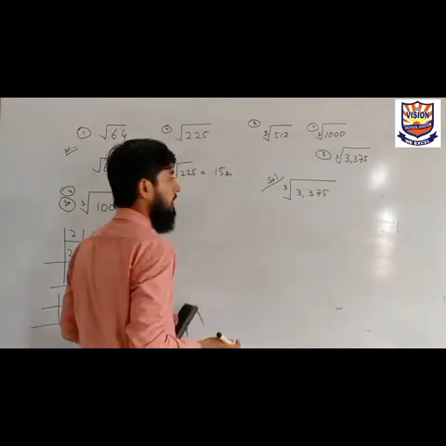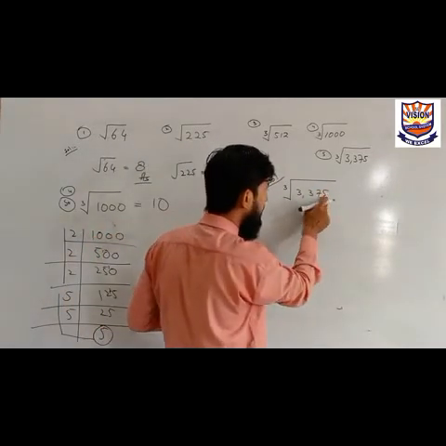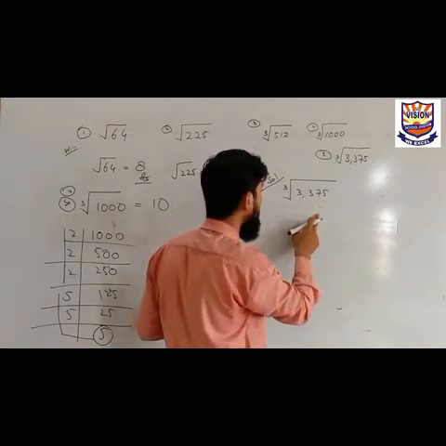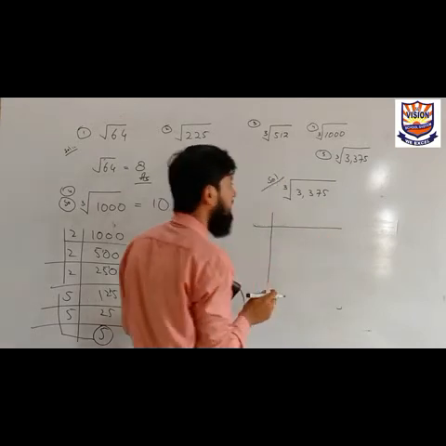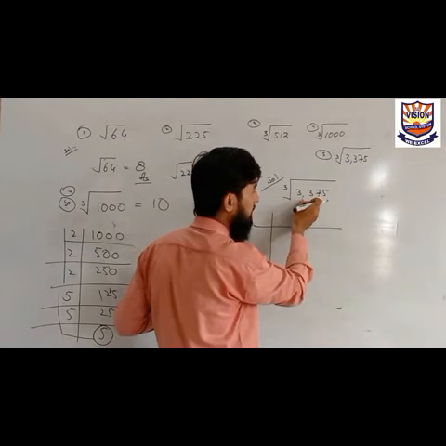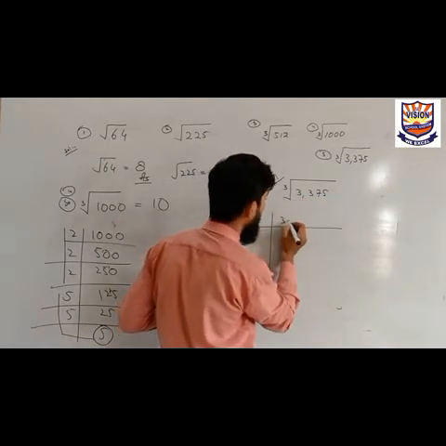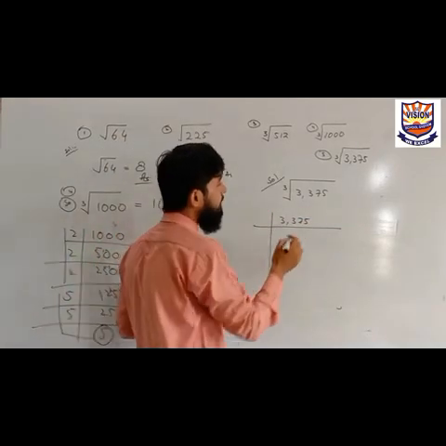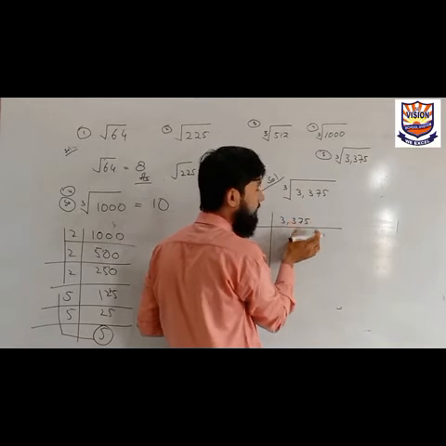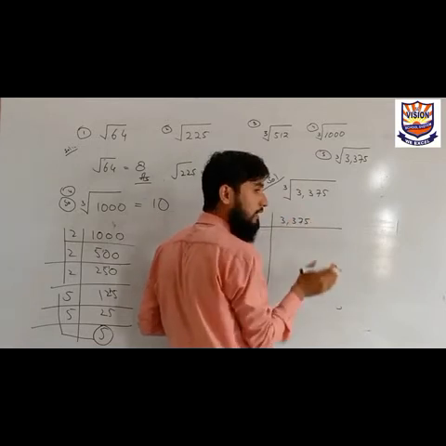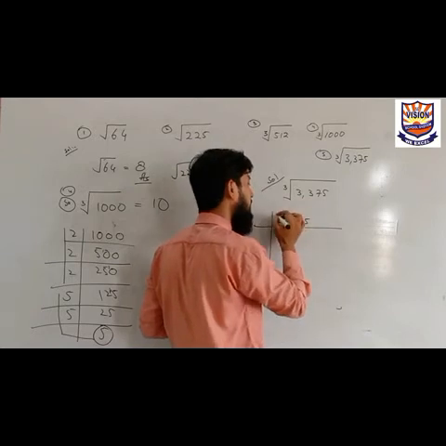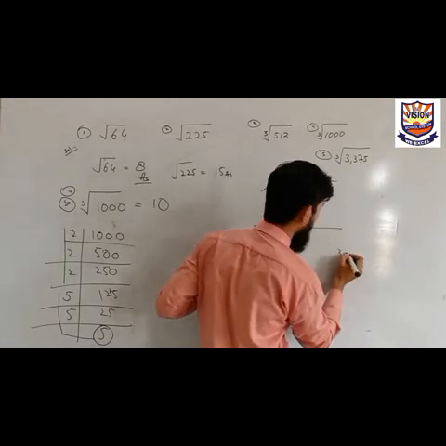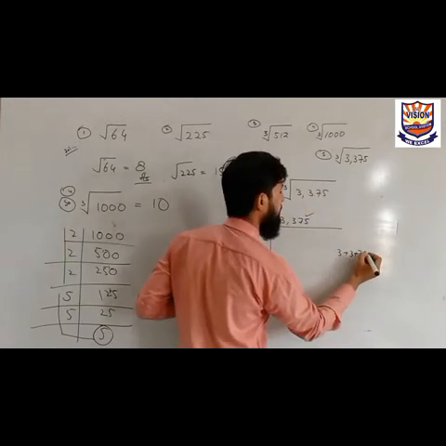3375. As we can see, the number is divisible by 5, but if you know the divisibility rules, we can find the number is also divisible by 3. What is the divisibility rule of 3? The divisibility rule of 3 is when you add all the digits together, if the sum you get is divisible by 3, then the whole number is divisible by 3. For example, add this number together. 3 plus 3 plus 7 plus 5.